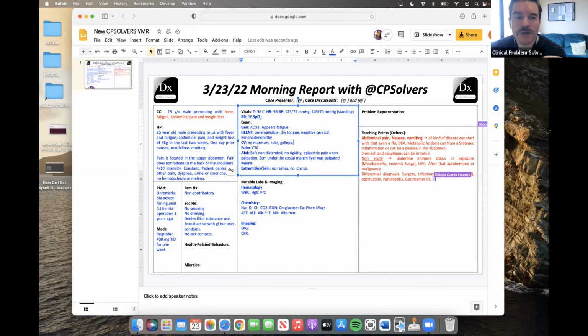But I think two weeks of weight loss and a systemic illness doesn't fit well with gastroenteritis, which is usually a disease that's going to last for days. We don't necessarily have a clear understanding of this gentleman's acute pancreatitis, which I would usually expect to progress over days rather than weeks. And then finally, we may get a clear answer on the DKA soon.